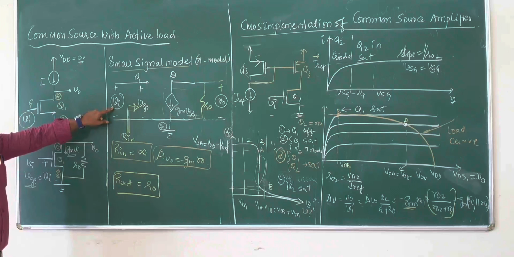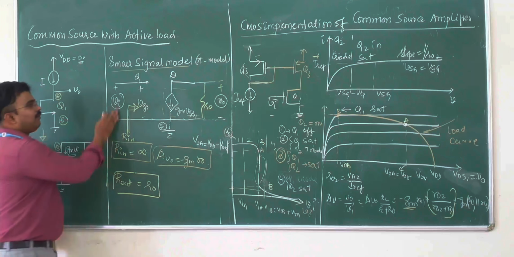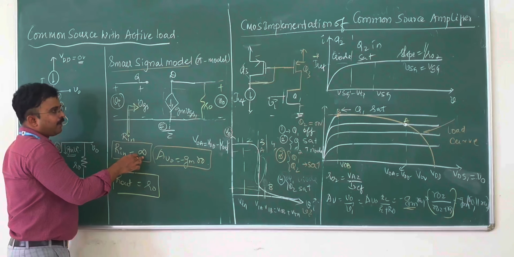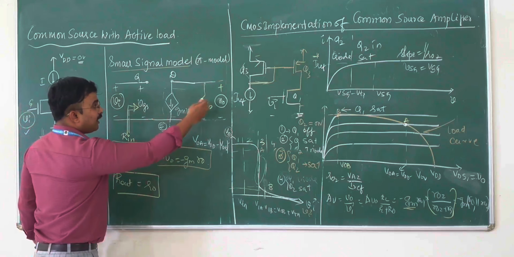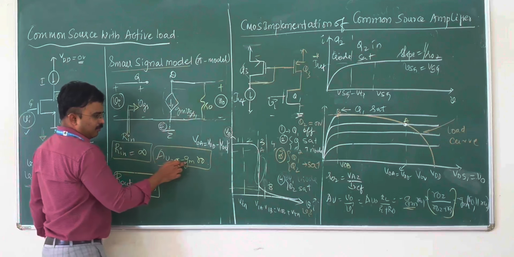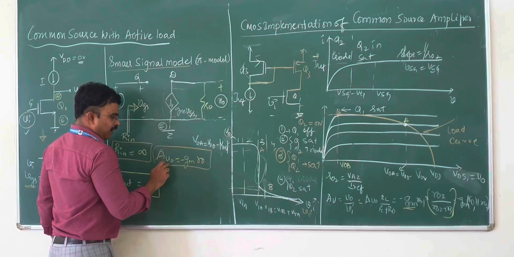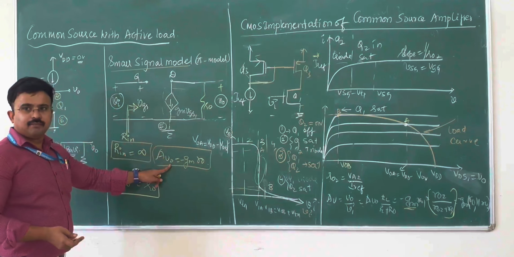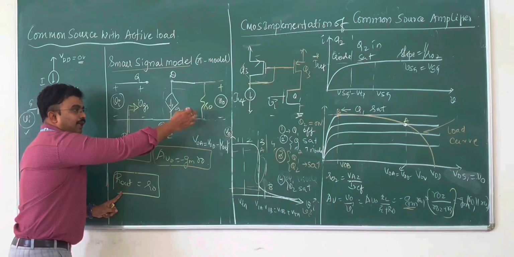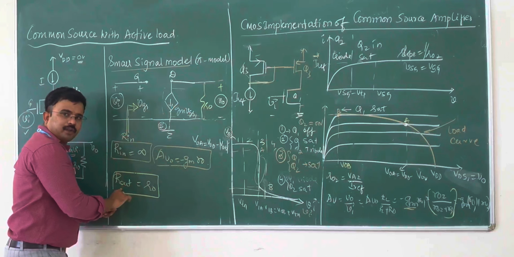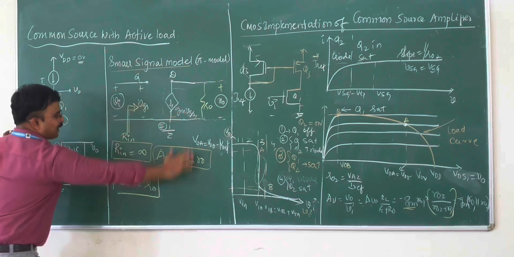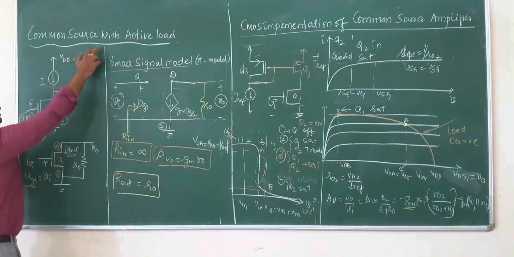Now, looking at the circuit by inspection, when you look in from this end, as indicated by the arrow mark, the input impedance happens to be infinite. The gain of this circuit, Av0, since the external load is absent, is equal to minus gm ro. Av is the gain with load. Av0 is the gain when the actual load is absent. So therefore, you need to use Av0. From the circuit, by the inspection method, I can even write another parameter, the output impedance, which is ro. Now, this is a common source amplifier with active load in symbol form.